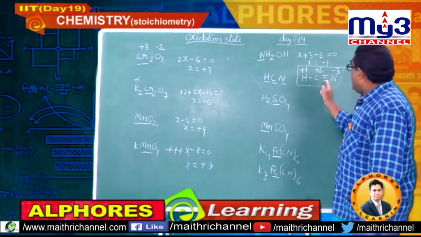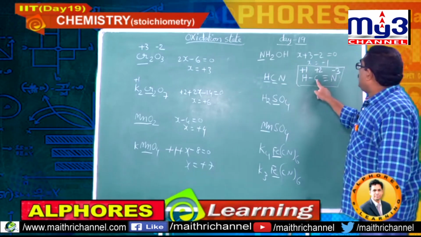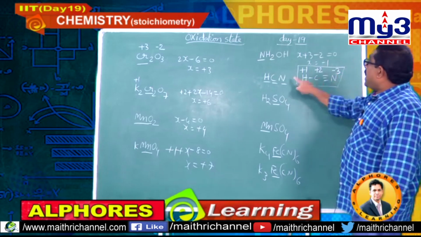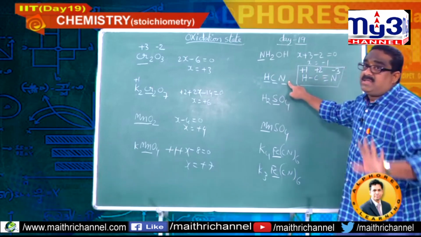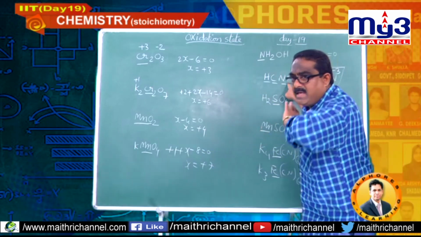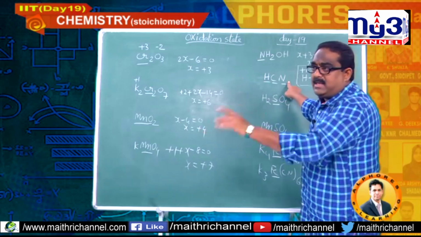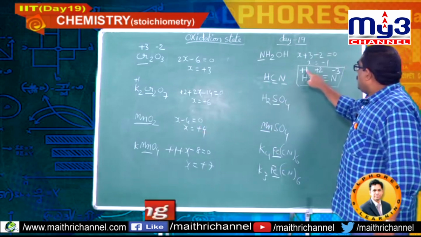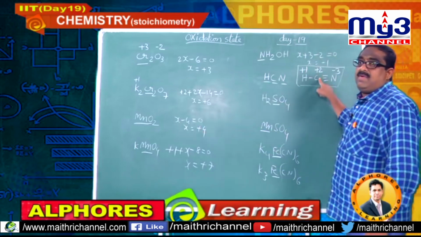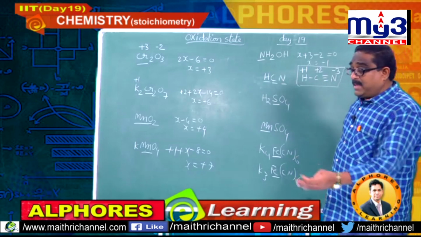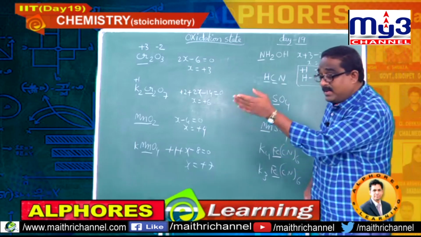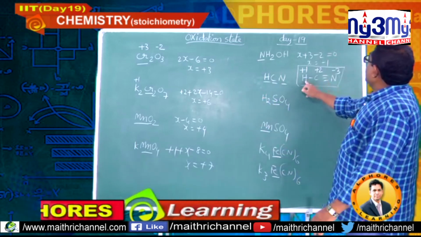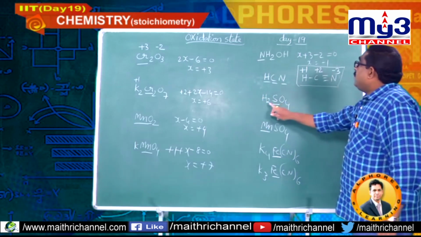Concentrate, students. Nitrogen is forming 3 bonds and is more electronegative than carbon, and I have assigned minus 3 oxidation state. Hydrogen, you should assign plus 1 in its compounds, except in metal hydrides. It is not a metal hydride, so I have assigned plus 1 here. So the remaining should be balanced with plus 2 for carbon. See, carbon exhibits plus 2, plus 4, minus 4 also in some other compounds. So the same element exhibits different types of oxidation states.